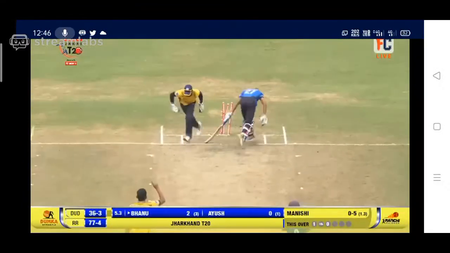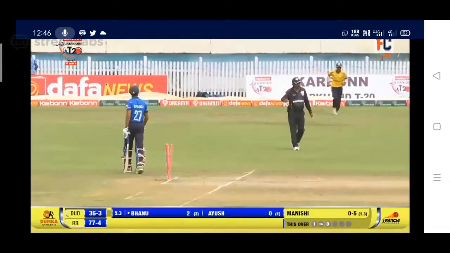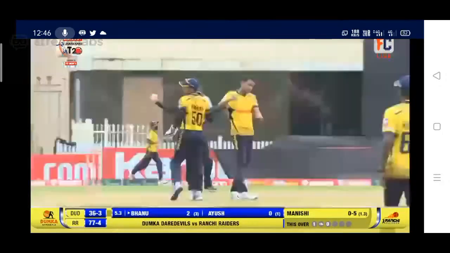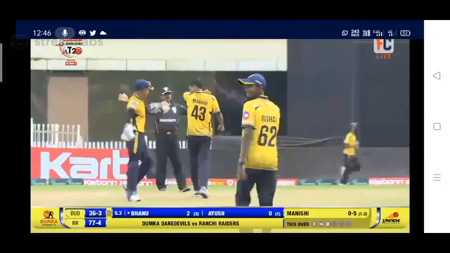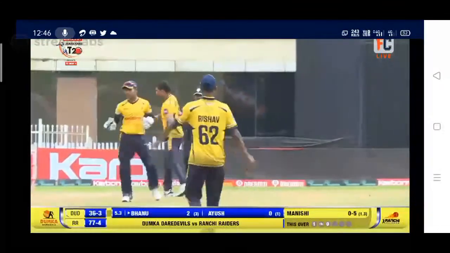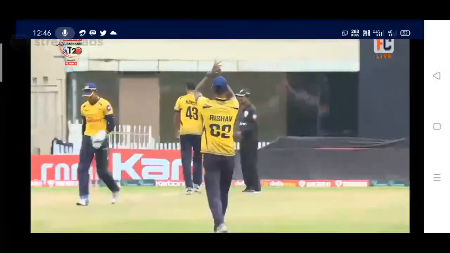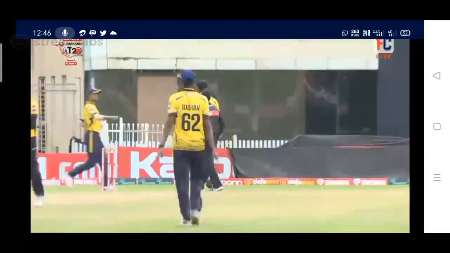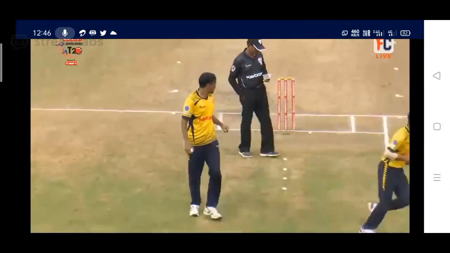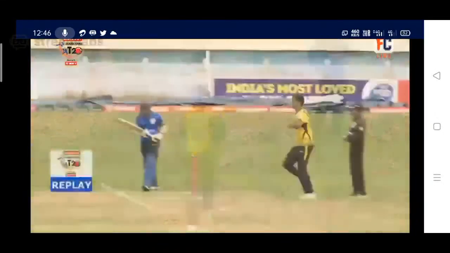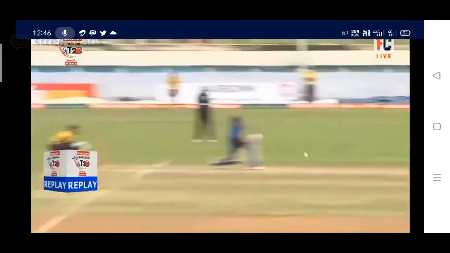Bhanu is easily stumped. He danced down the wicket and the ball was very intelligently bowled, slightly short outside the off stump, so that if he misses, and he missed, the wicketkeeper had enough time to get him stumped.